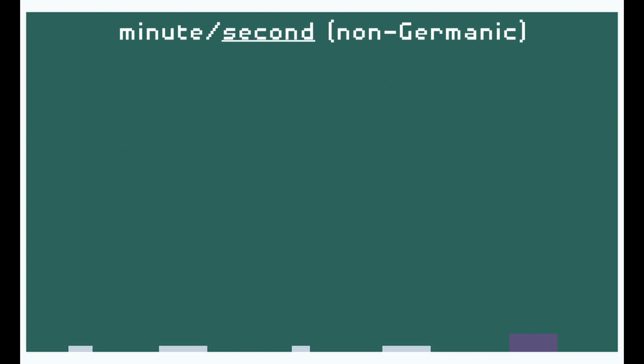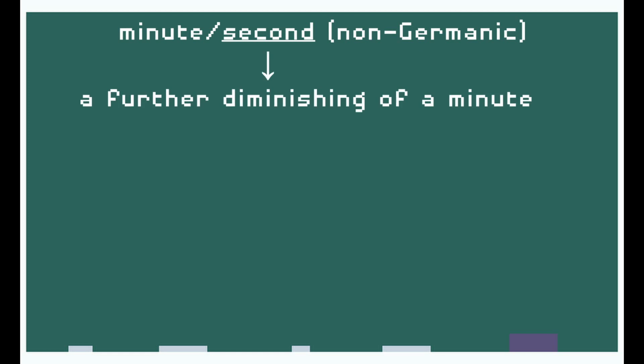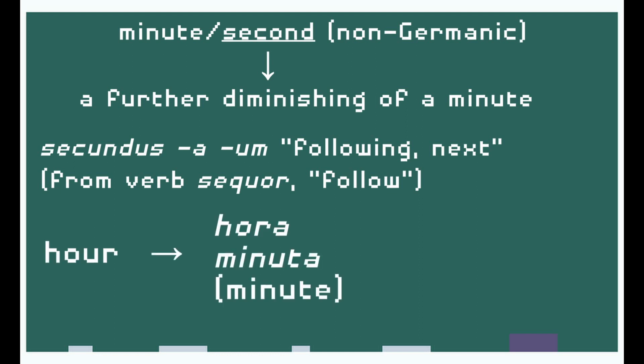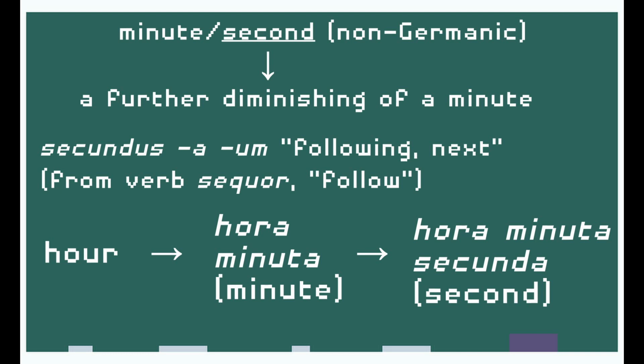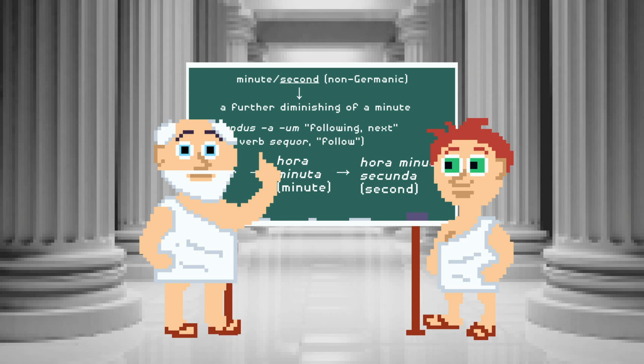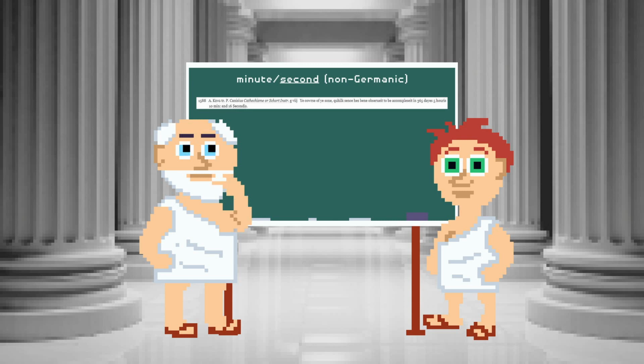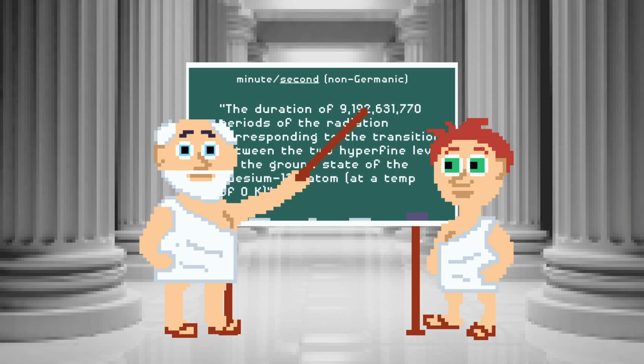The word second just refers to a further diminishing of a minute. Secunda means following or next in Latin. So you take an hour and you make it smaller, you have an ora minuta, then you take that and make it smaller a second time, an ora minuta secunda, or a second for short. Now, second isn't quite as old a word as minute, but it still goes all the way back to the 1500s. Bonus fact. An official second, as measured in the international system as the duration of